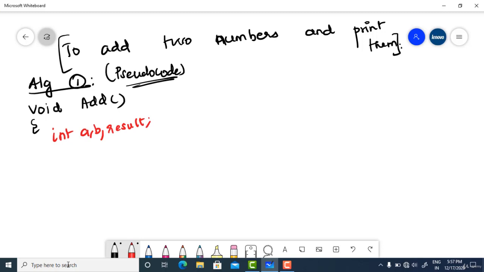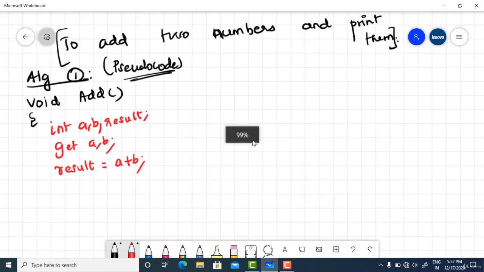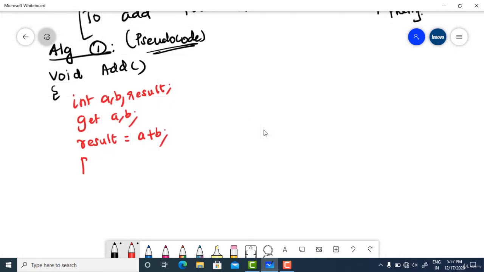Then you get A, B from the user, the numbers that you want to add. After that you store the addition, A plus B, in the result variable. Then you print the result. That's it. After that you can close the function. That's the end of the algorithm. So this algorithm has four statements.